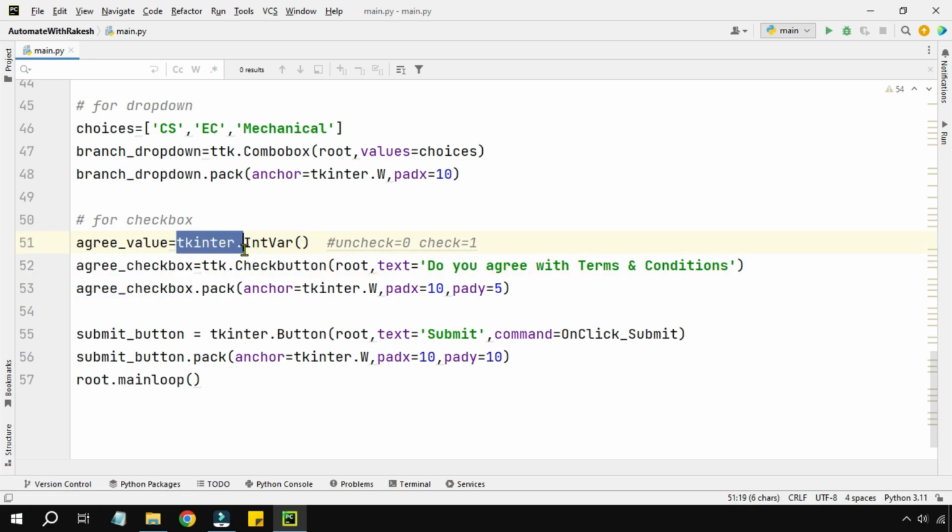So that is why you are using this method called tkinter.IntVar. Make a note of this. It is a very important class that we are using, the IntVar class. All right, so once this is done,